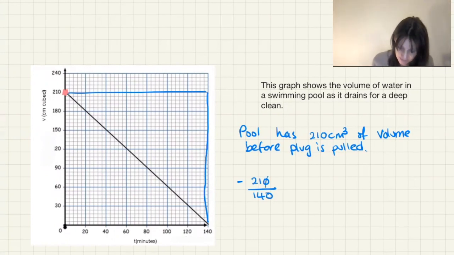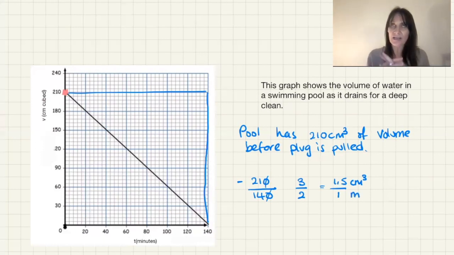So I can cancel that down. I can also see that 7 goes into both these numbers. So I've got 3 over 2. If I divide by 2, I can get myself to 1.5 over 1. So think about those numbers. The 210, the rise, is my centimeters cubed, and my run is my minutes. And honestly, getting those units in place next to those numbers makes it so much easier to put that story together. So now what I can say is that we